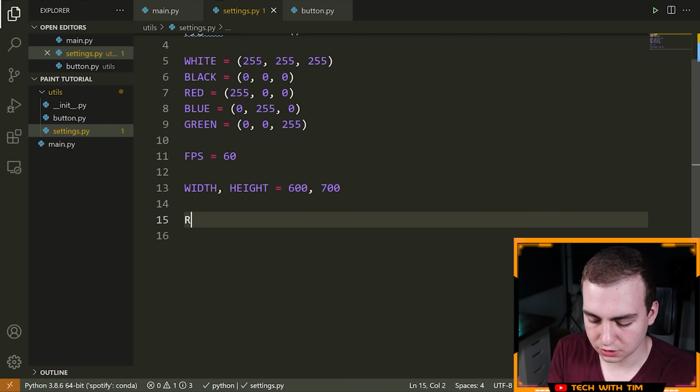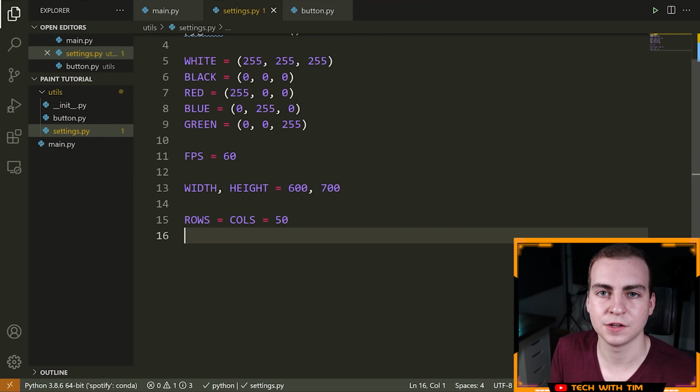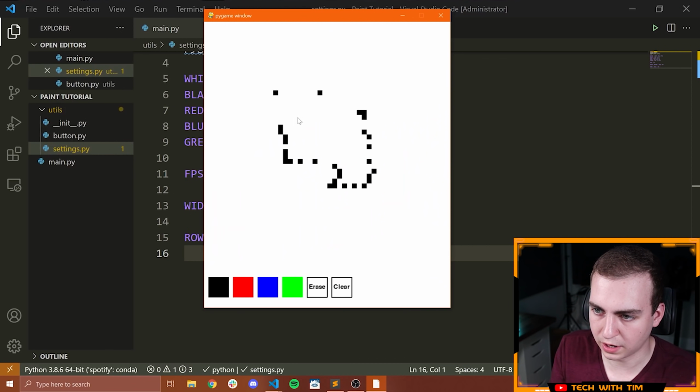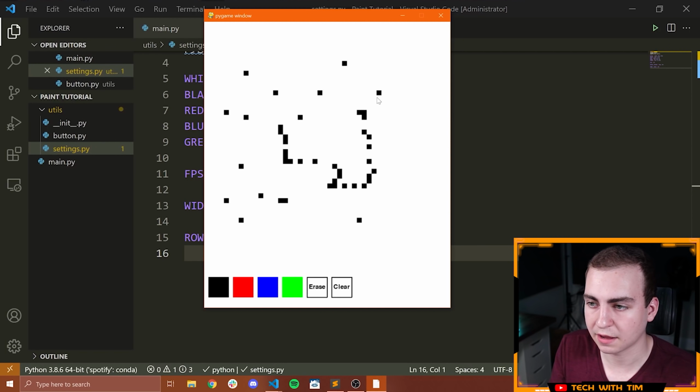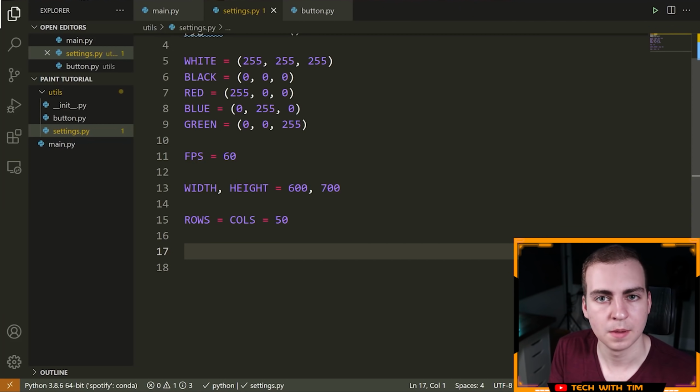Okay, next what we're going to do is say rows is equal to cols is equal to 50. So what we're actually going to have here is a bunch of individual pixels, right? You saw when I was drawing, and in fact, I can rerun this program here. So notice here how it's like one pixel at a time. Since we're going to have all of these pixels, we need to define how many of them we're going to have and the size of each of these pixels. And that's what rows and cols is going to do. So we could make this more rows and more cols so long as they're square, and then the size of our pixels will be smaller. So I'm going to go with 50 for now, but you can make that larger, smaller, whatever you want. And we'll experiment later once the program's done with different settings here.